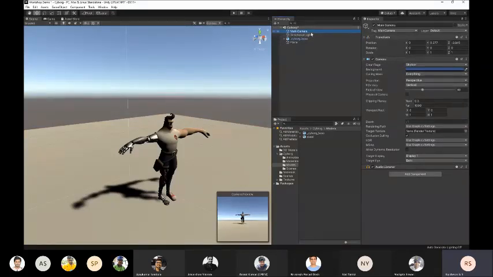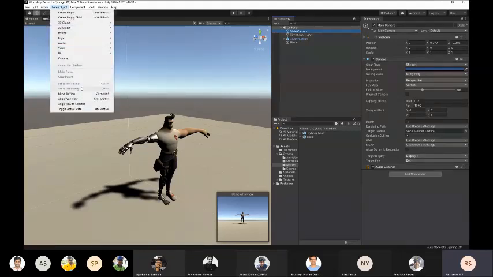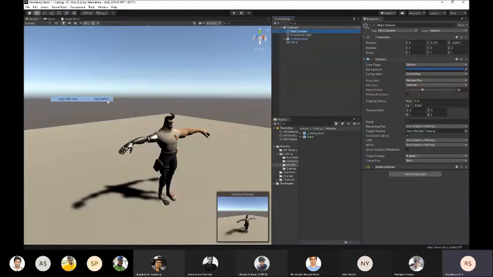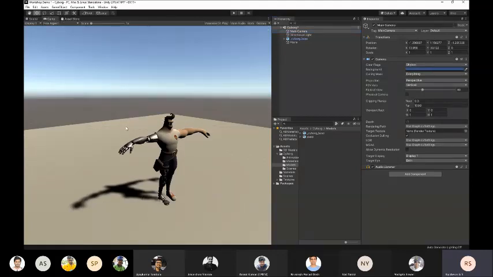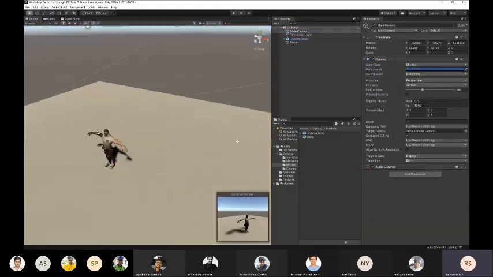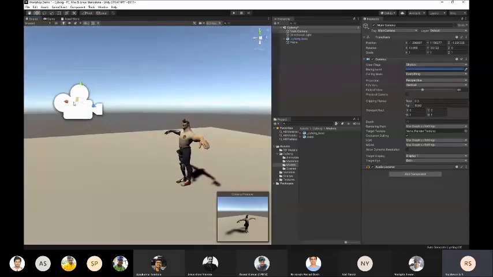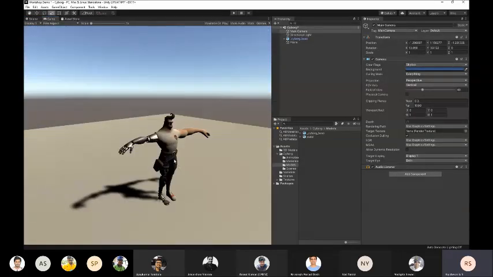For that, make sure the main camera is selected, and you can press Ctrl Shift F, or go to Game Object and click Align With View. Now if we go to game view, you can see the camera is aligned. The camera came over here, and the game view looks like a much better perspective.